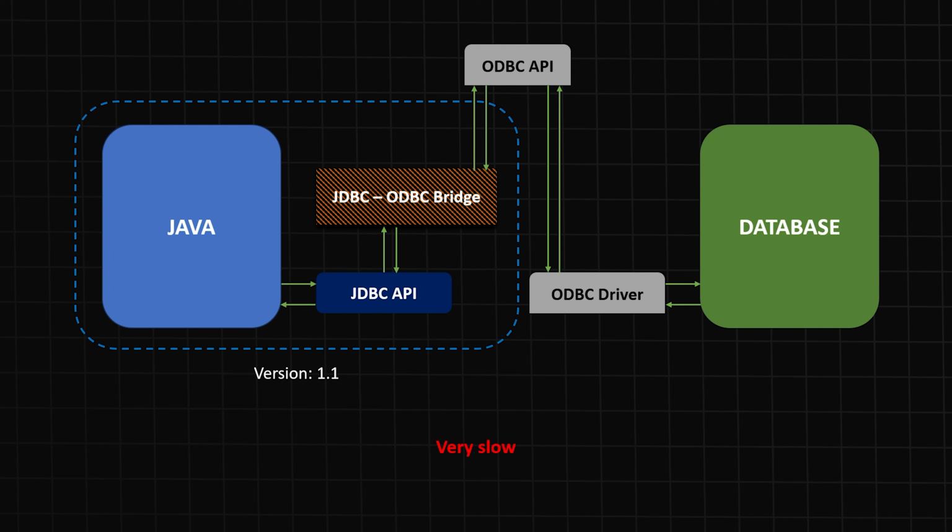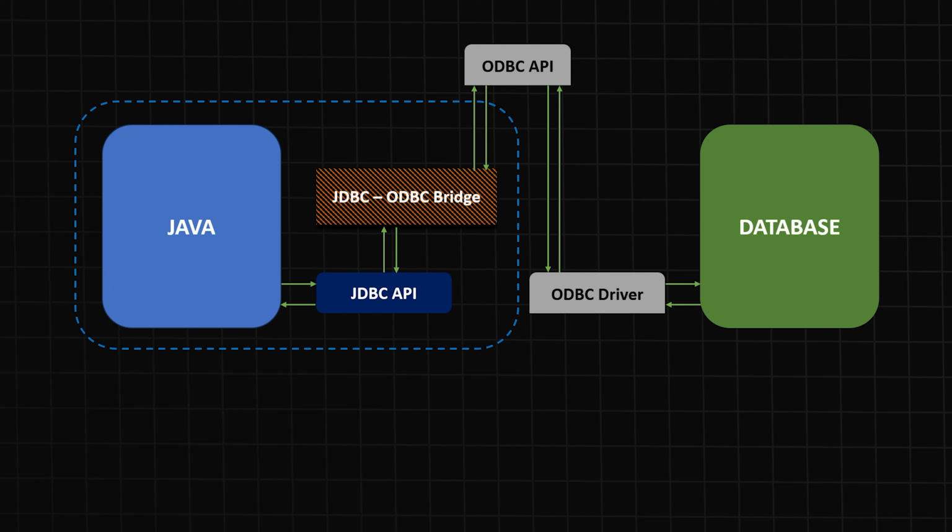And if you recall, the ODBC was platform dependent, right? Which makes the whole architecture platform dependent. It raises various questions. What if ODBC was not installed? What if performance matters, right? So Java decided to remove this driver, and Java removed it from Java 8 onwards. And today the type 1 is history.